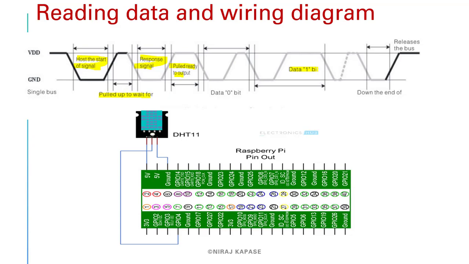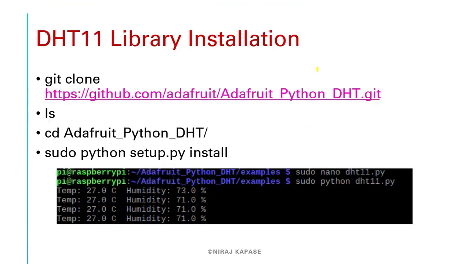Like for humidity there is 8 bit of data, and for temperature again 8 bit of data is available with this particular DHT11. Alright, so this is about DHT11 sensors. So here is the library. Again you can download the library from GitHub, that is the Adafruit library available. So I have given a link here,